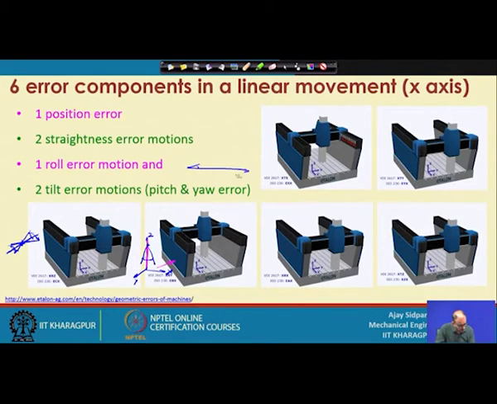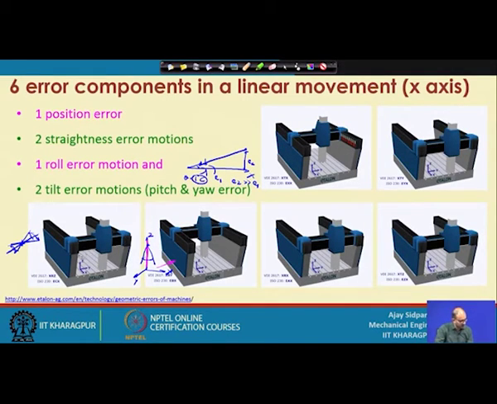This axis should be straight, consider the x axis, and this has a 1 degree slope, so theta is 1 degree. If you are machining at this location, you are actually working with only this particular error. So, this is the error E1, but if your tool is located here at this location, then your error is very amplified, even though it is a 1 degree angle. The farther away from the source or location of this error, the higher the amplification. So, this is E2, and E2 is much higher than E1.